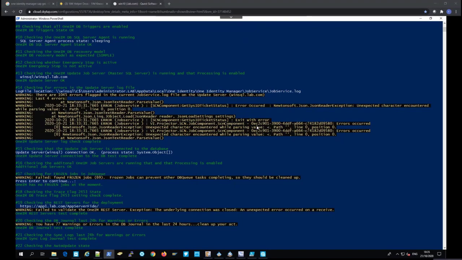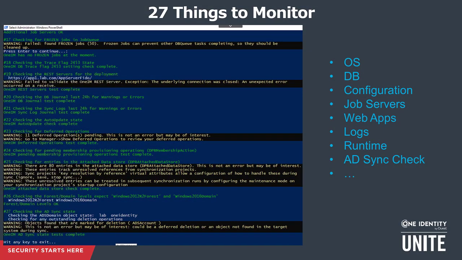So if I just go back to the slides, we can just go through some of the categories of metrics that this little script here, which is available on the Connect website, pulls out. The things about the operating system, the machine: is the clock on the machine in sync with the database server? If it's not, that can cause synchronization problems. Actually, that's the kind of information you can also get from the DB journal as it happens. But you can get, obviously, extract operating system level information to set baseline context for the Identity Manager monitoring.